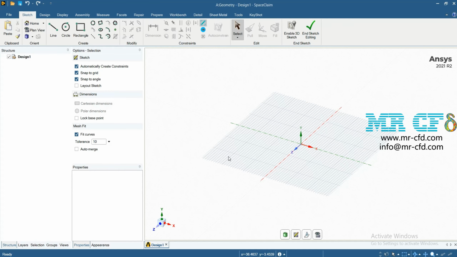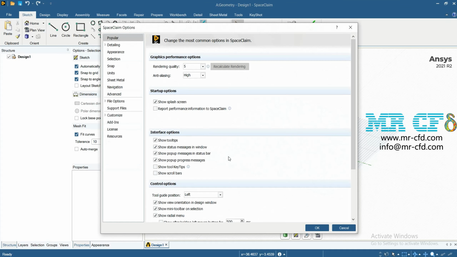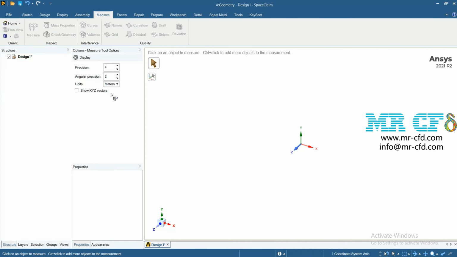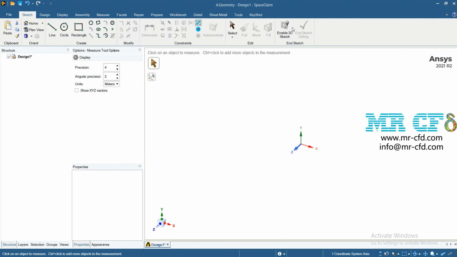Here, at first, you must set the unit. From File, SpaceClaim Options, Units, choose Method. Okay, now